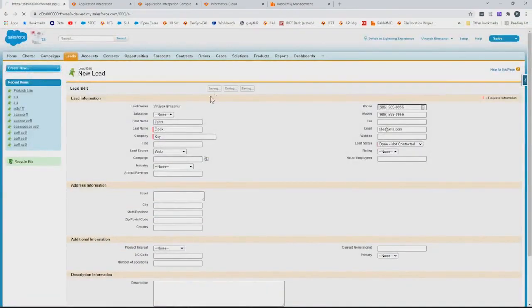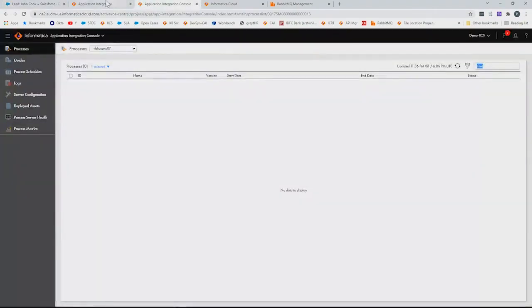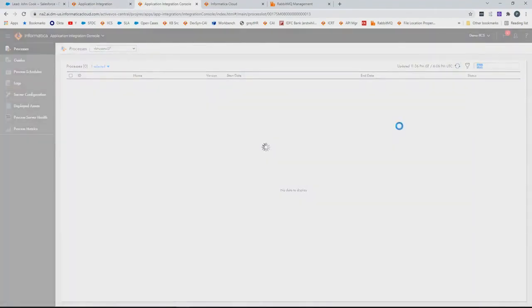Once I click save, since we have CDC enabled and the connection is created in cloud application integration, it will automatically trigger a process in the Informatica.